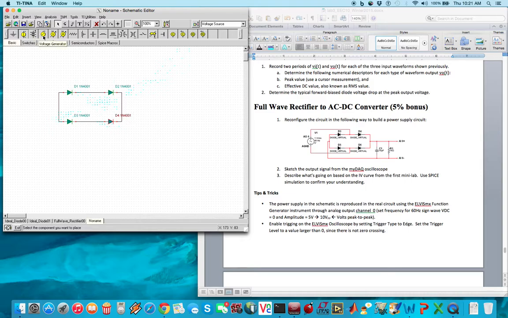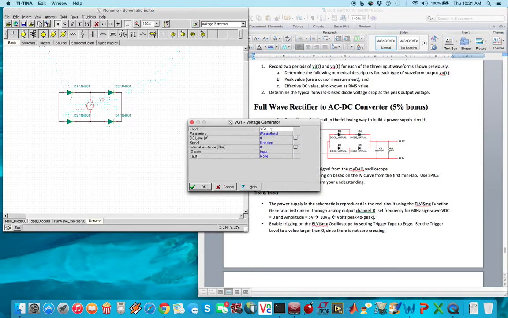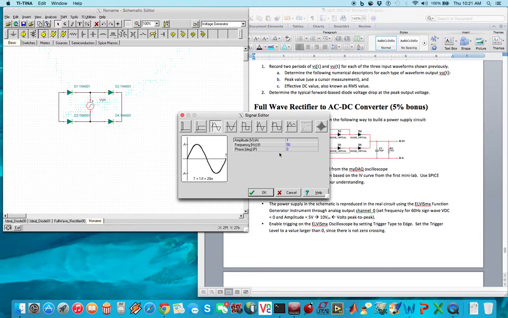So the next thing I'm going to do is grab a voltage generator and smack it right in the middle here, and wire it up like so, and then double click on it. Let's call this V sine. Okay, and then the DC level we're going to keep at 0. We're going to change it from a unit step to a sinusoid. Let's leave the amplitude at 1 volt for now, just so you can see what happens. Let's do 60 hertz. So it's going to have a 1 volt amplitude,